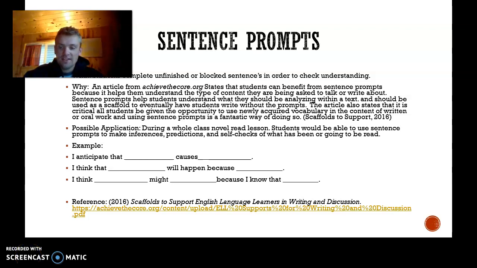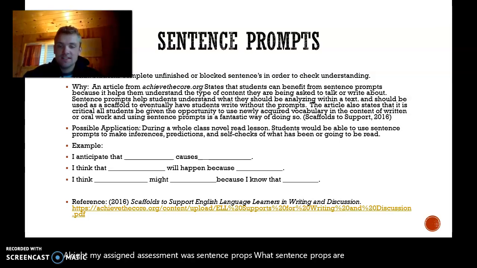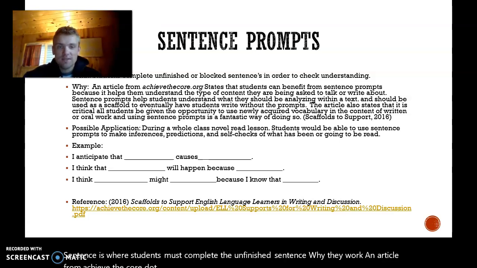All right. My assigned assessment was sentence props. Sentence props are blocked sentences where students must complete the unfinished sentence. Why they work: an article from achievethecore.org states that students can benefit from sentence props because it helps them